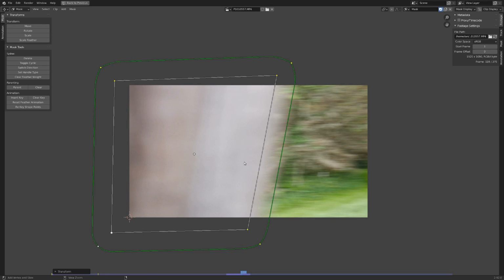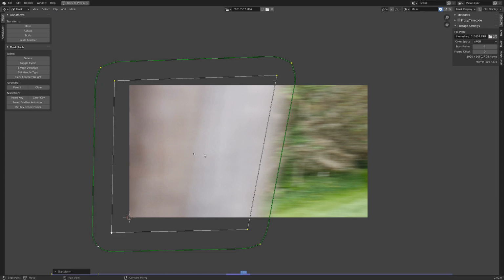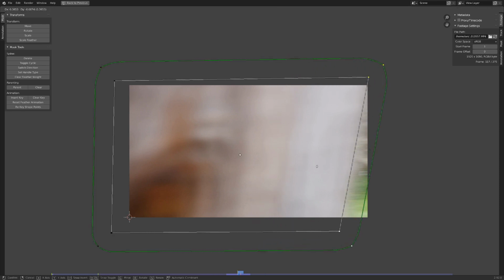Let's go Control Space, back out of full screen, and just enable auto keyframes really quick down here. And then back into it, select everything with A and hit G, and that'll just drop in a keyframe down here. And now it's just a matter of matching up our mask for the rest of the footage, which really isn't too difficult. So let's select these two guys along the side here, grab them, then just move them over here,